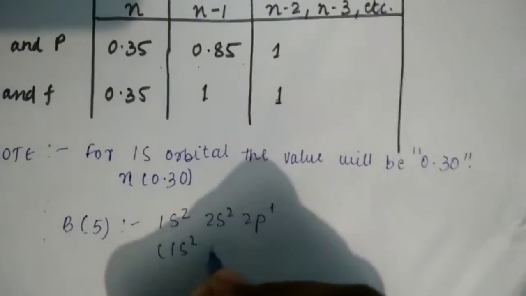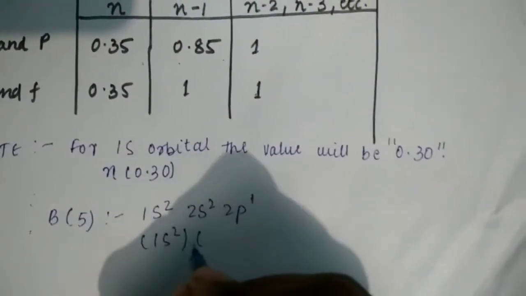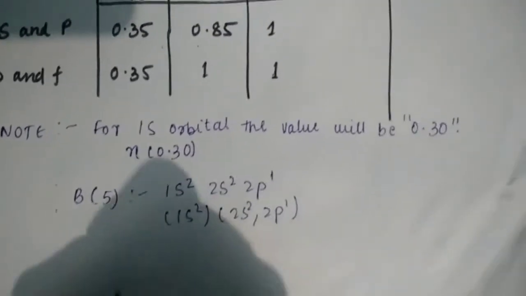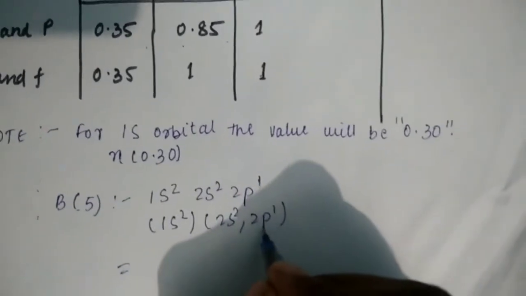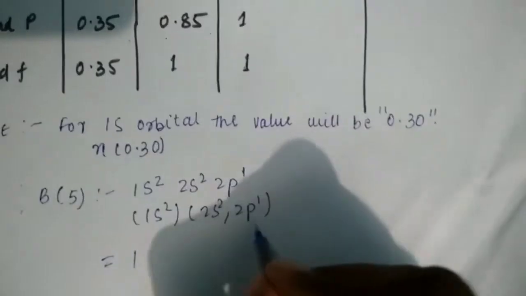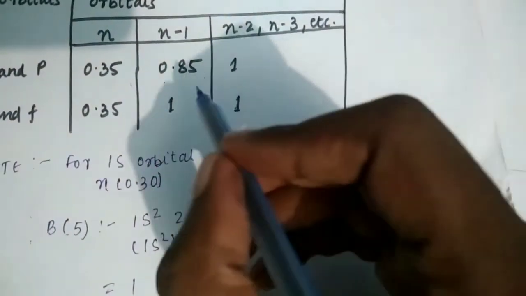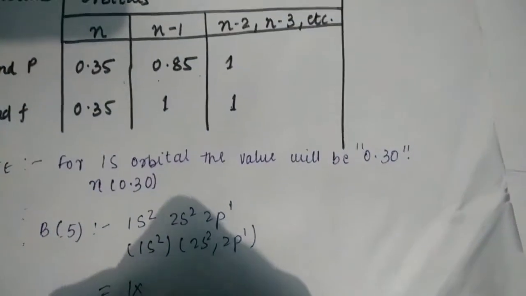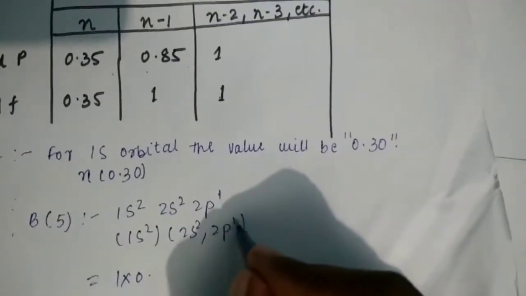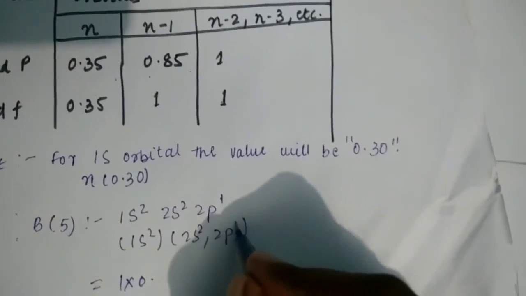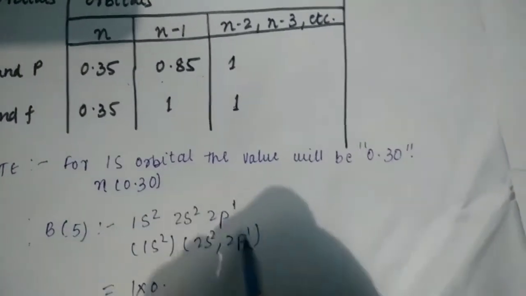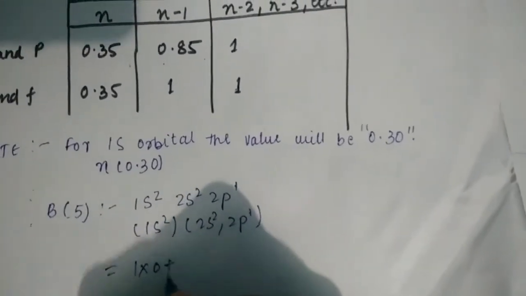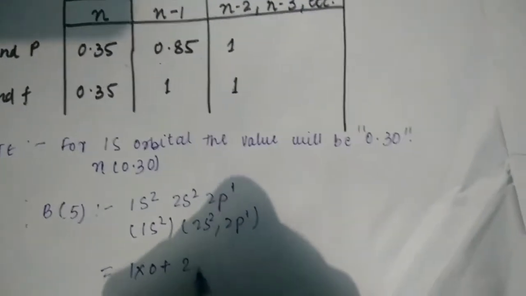When we write this in Slater's form, it becomes 1s2 bracket 2s2, 2p1 bracket. Here we take 1 for the n minus 2 shell, and we multiply it by 0 because this electron is shielding the others, so it does not take part in it, so it becomes 0 plus the rest 2